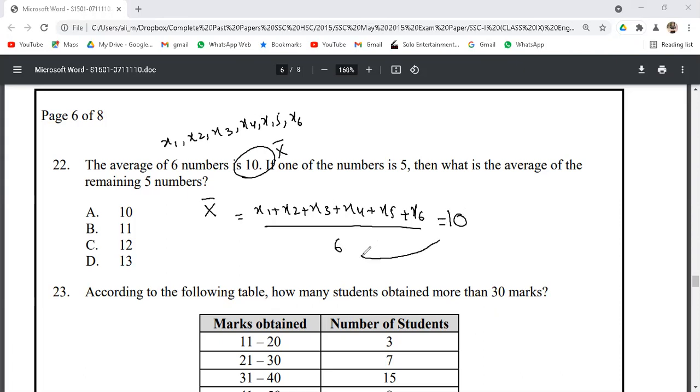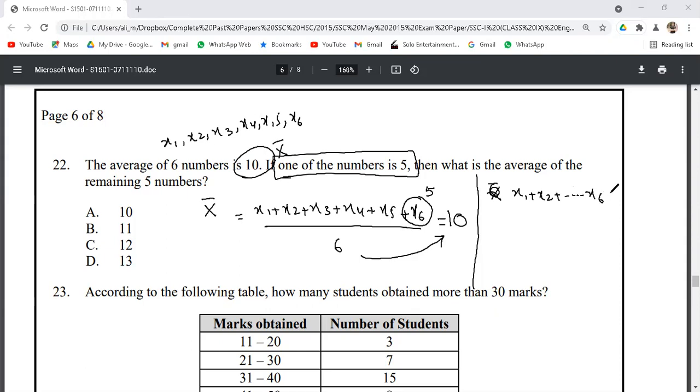तो लेट्स से 6 को मान आके मल्टीप्लाई कर देते हैं और यहाँ पे एक और चीज जो कही है वो ये है कि वन ऑफ द नंबर इज 5। इन 6 नंबर्स में से एक नंबर 5 है। तो लेट्स से एक नंबर जो है वो ये 5 है और जो रिमेनिंग 5 नंबर्स रह गए उन नंबर्स का हमें एवरेज कैलकुलेट करना है। तो 6 को सामने मल्टीप्लाई करते हैं और 5 को दूसरी साइड पे हम सब्ट्रैक्ट कर देंगे। तो एवरेज तो हमारे पास सम आ जाएगा रिमेनिंग नंबर्स का x1 plus x2 till x6 will be